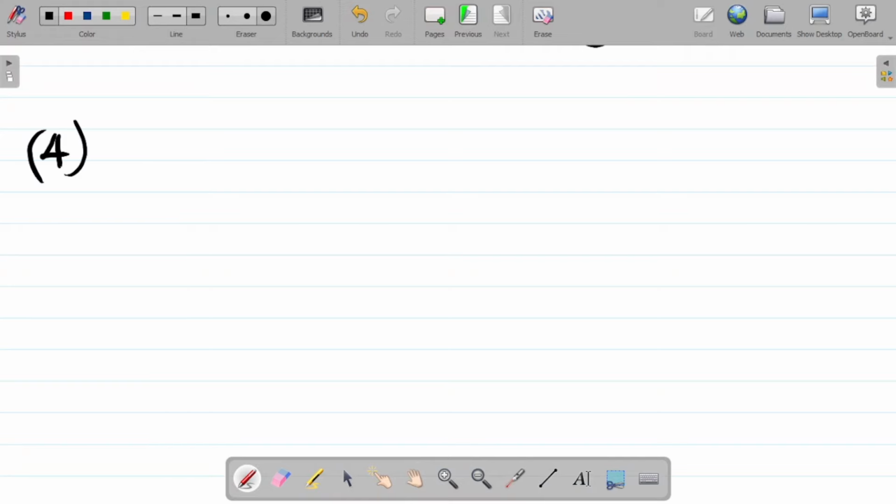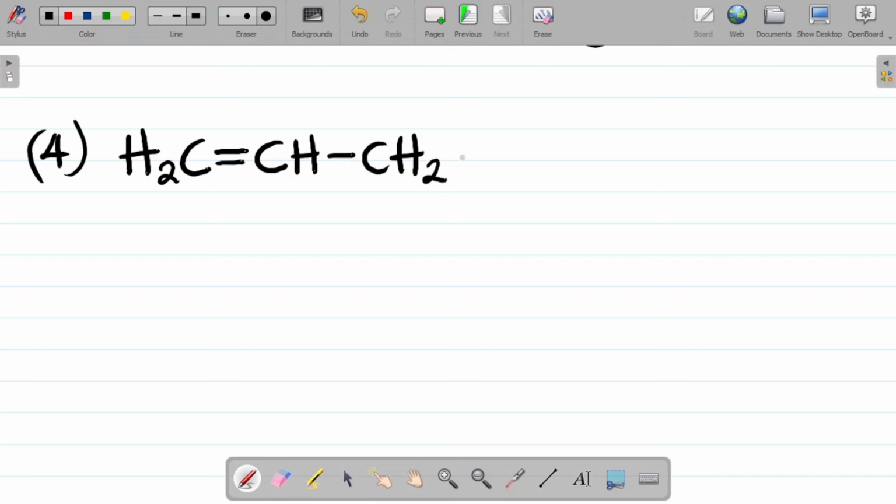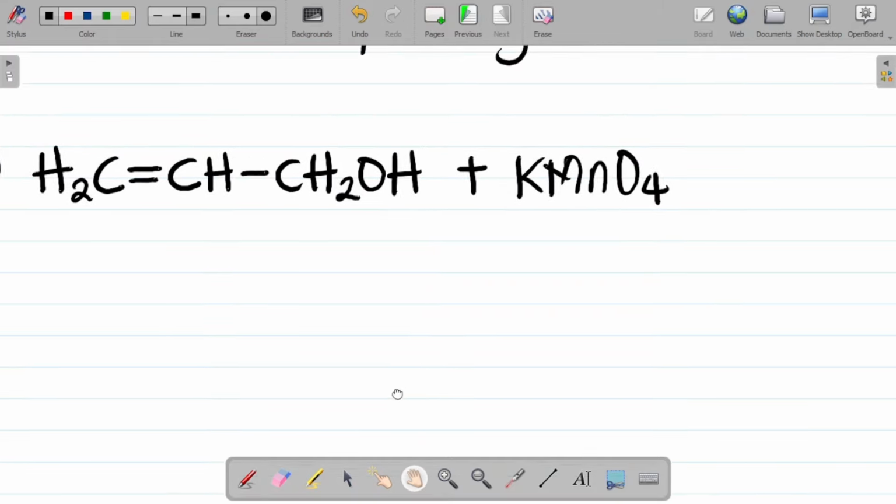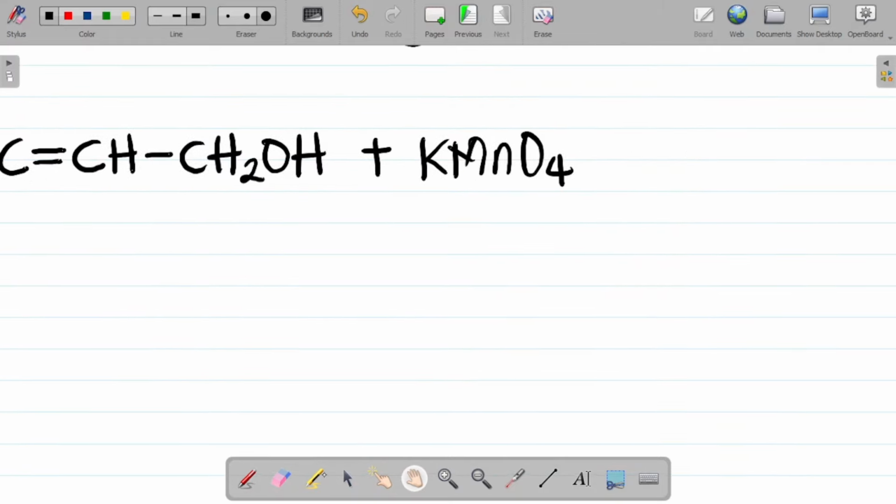All right, so question 4. For question 4, we have this. We had a reactant there, H2C double bonded to CH single bonded to CH2 and then OH. Right. Combine this with potassium permanganate. What do we get? If I combine this, my product would